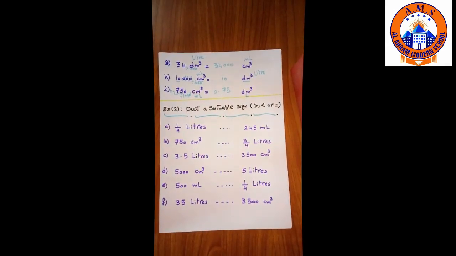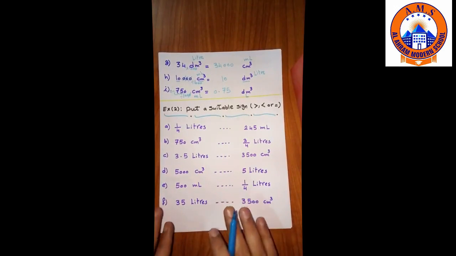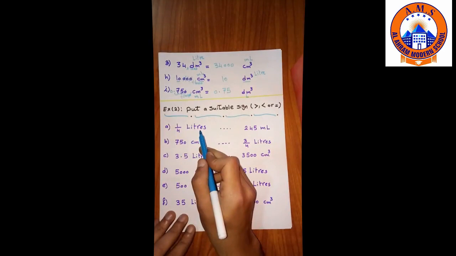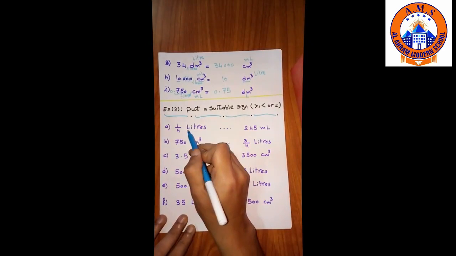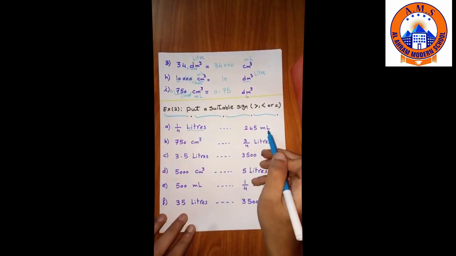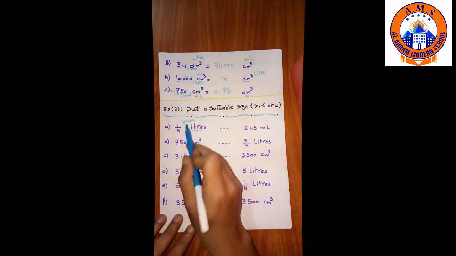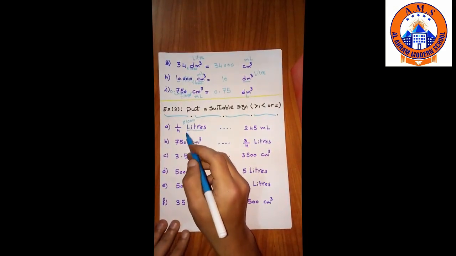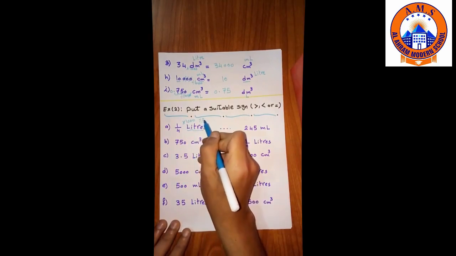Next question in the same page is put a suitable sign in each of the following: greater than or less than or equal. So to compare between two numbers, we have to make the two numbers have the same unit, and it is easier to be in the smaller unit, which is milliliters. So we have quarter liter and we have 245 milliliters. To change these liters into the same unit of milliliters, we will multiply by 1000. So to multiply a quarter by 1000, you can do it mentally or by division. So quarter of 1000 equals 250